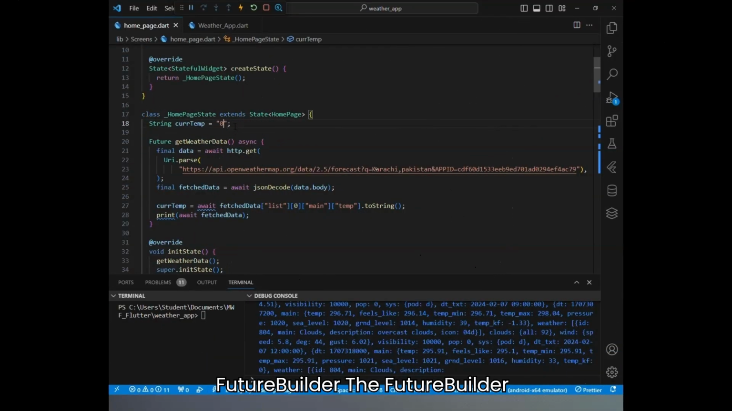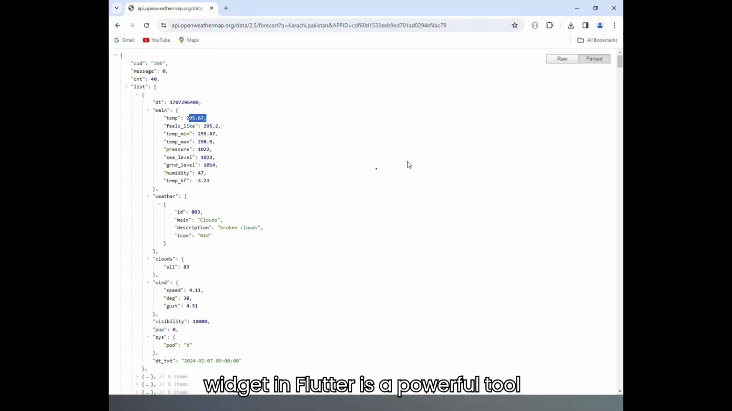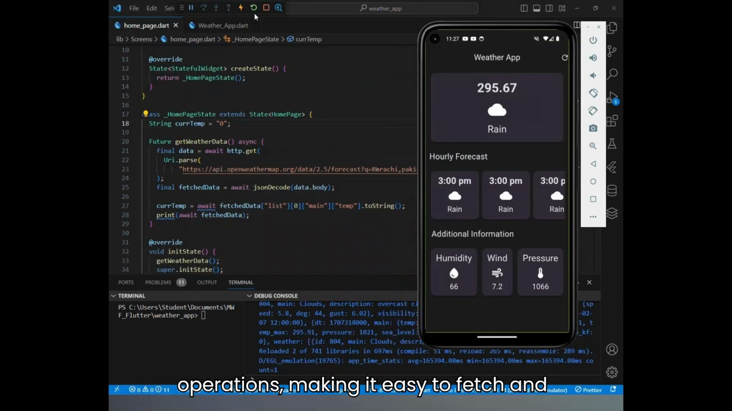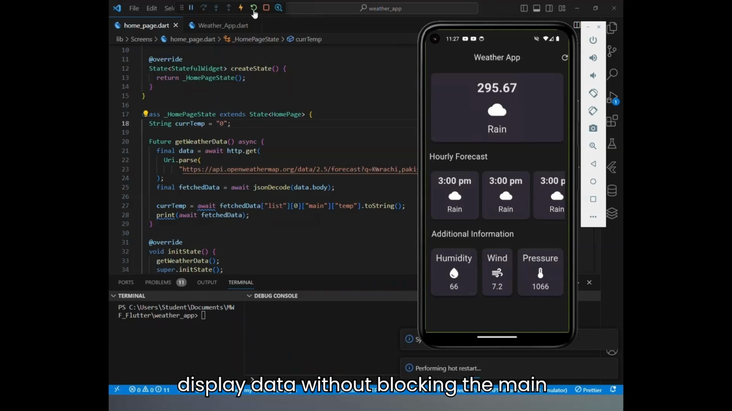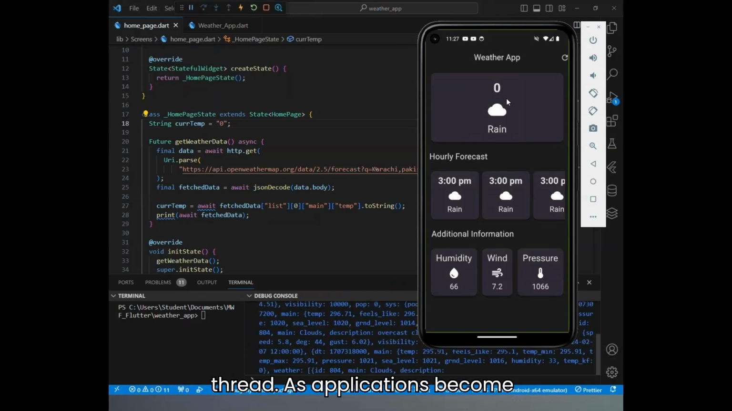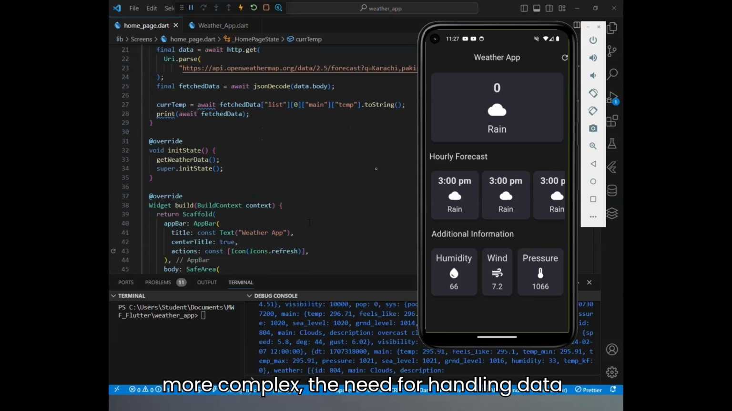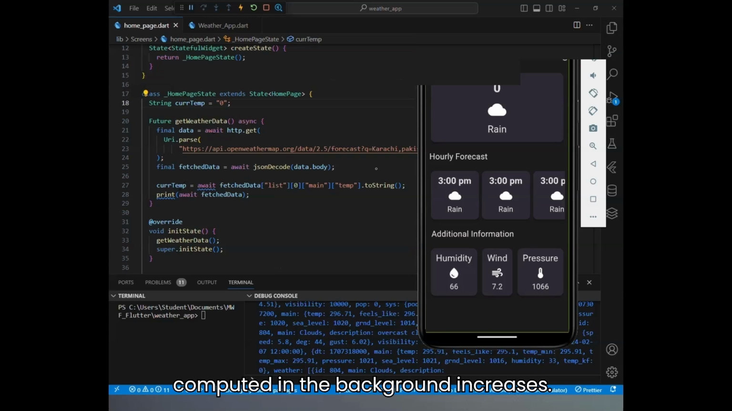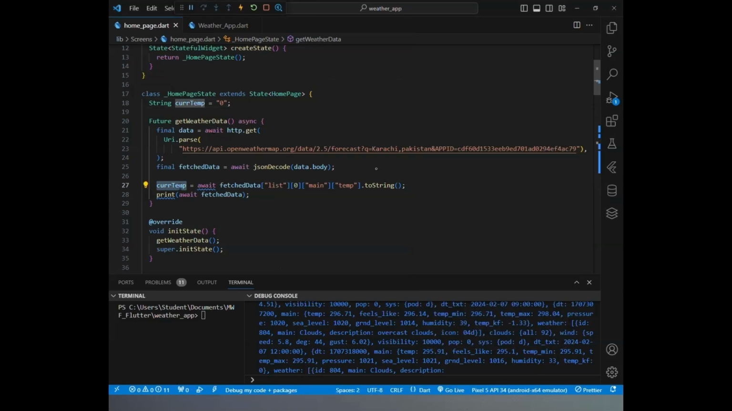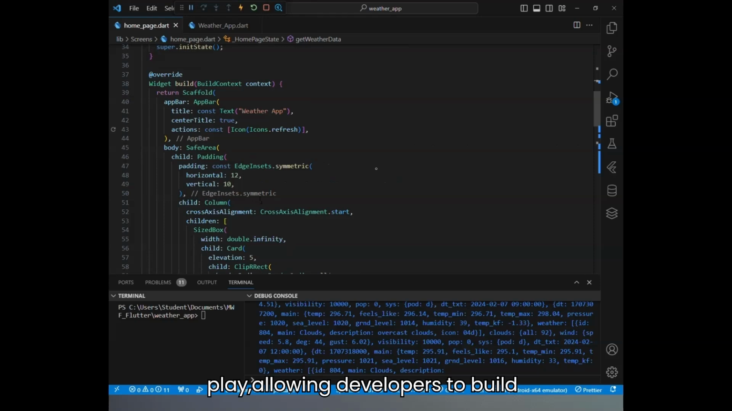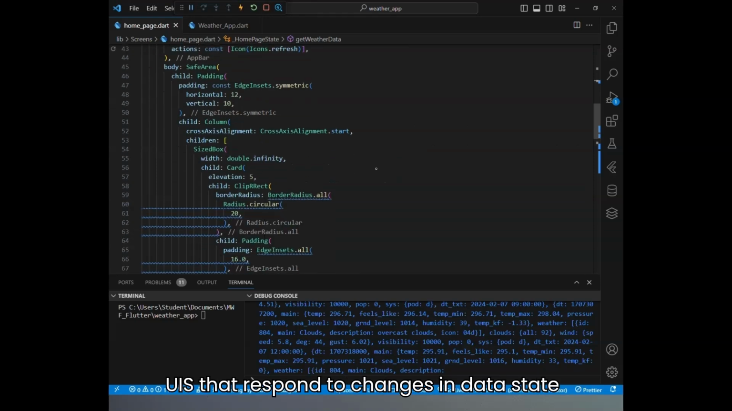Future Builder. The Future Builder widget in Flutter is a powerful tool designed to handle asynchronous operations, making it easy to fetch and display data without blocking the main thread. As applications become more complex, the need for handling data that is fetched over a network or computed in the background increases. This is where Future Builder comes into play, allowing developers to build UIs that respond to changes in